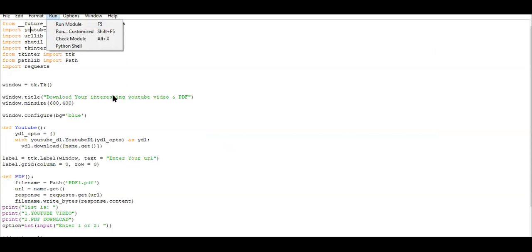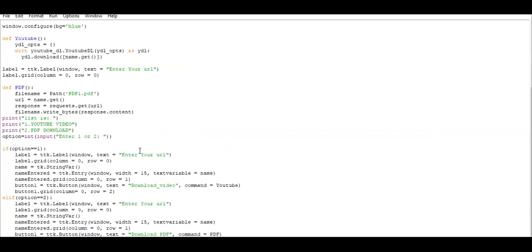You can see here we can understand only the download video and download PDF buttons. From that only we can understand it. Then if you choose the PDF download, you have to give the URL of some PDF, then you will get it downloaded in your system. You can give a path. I already told that.